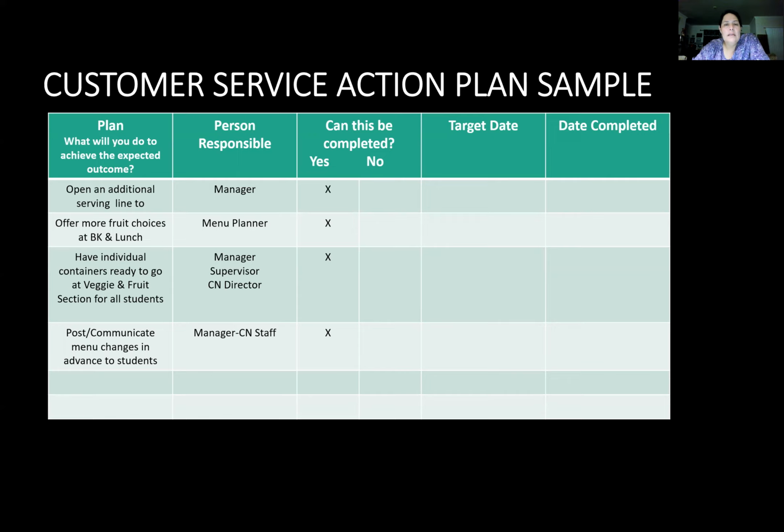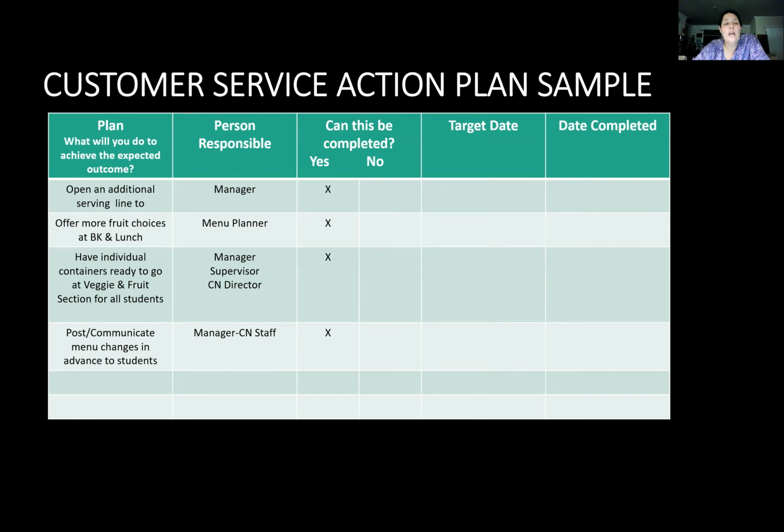Can this be completed? Of course it can be completed. And then I have to put my target date, based on if I have those products available, if there's no shortages on those. And then once you complete that, you put your completion date. And another one that I put in there is have individual containers ready to go at veggies and fruit section